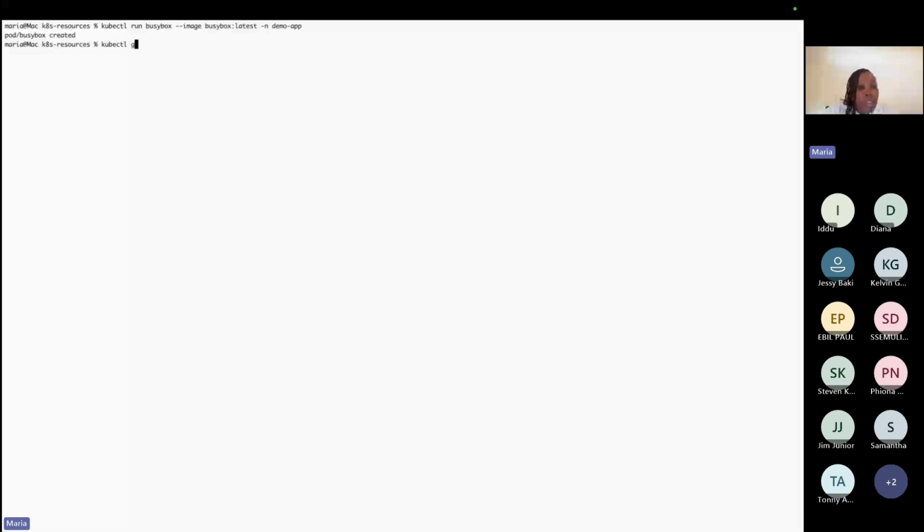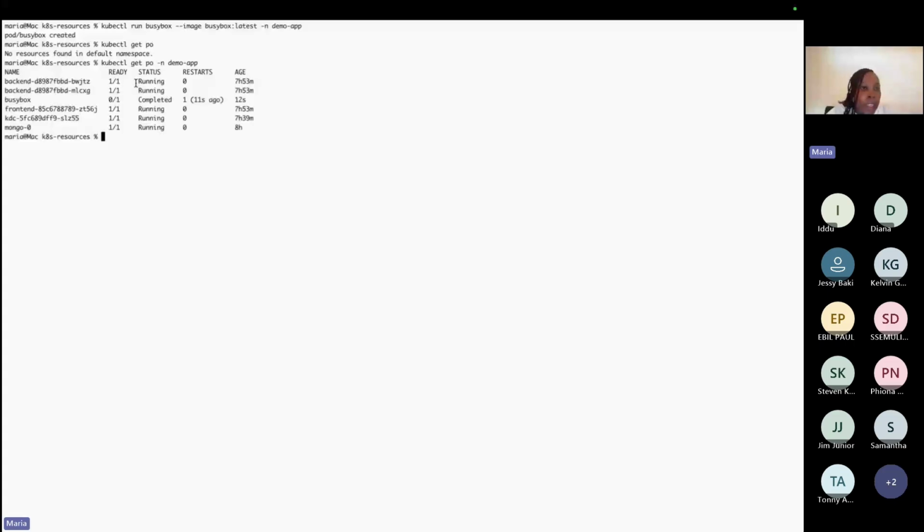So when I do kubectl get pod without defining the namespace, there is no resource, but kubectl get pod -n demo app, it will be here in the namespace. So that's how the namespace separates concerns. kubectl delete pod busybox. Without defining the namespace, it won't work, but -n demo app, it will delete it because it will be found only in the namespace. So declaratively,